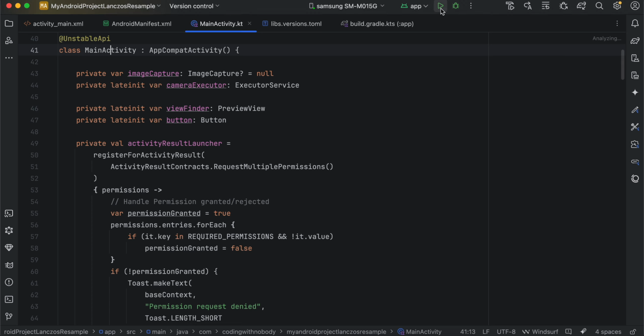In this video I will show you how to apply the Lanczos resample effect to live camera preview using CameraX in a native Android application with Media 3 effects. So let's get started. Now if you don't know what the Lanczos resample effect is, even I'm not really sure,